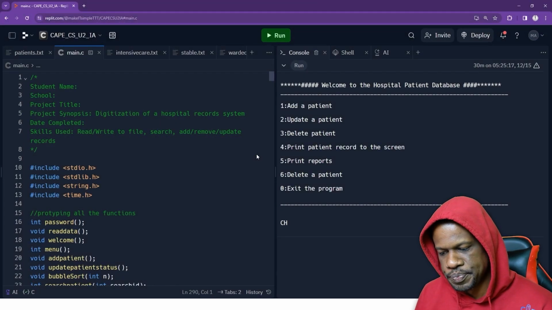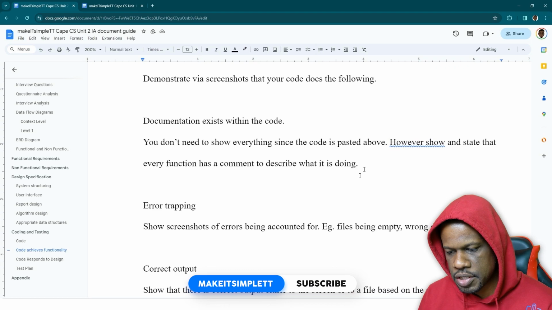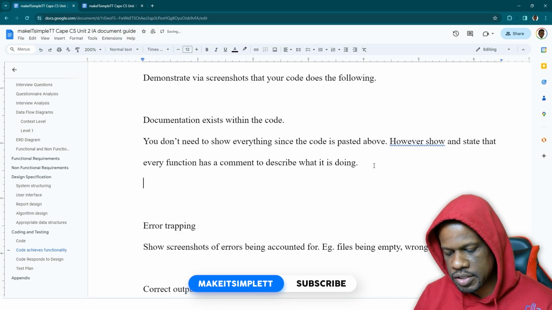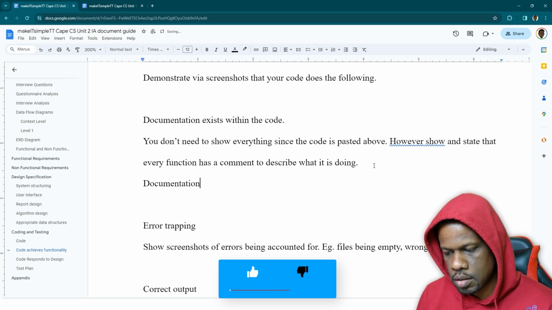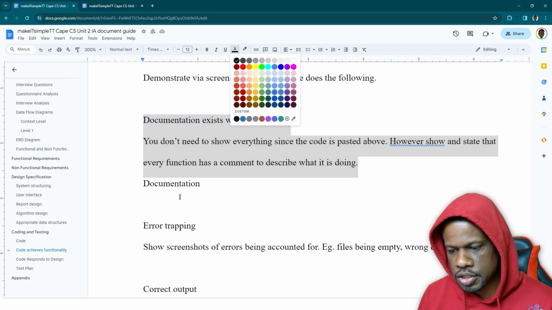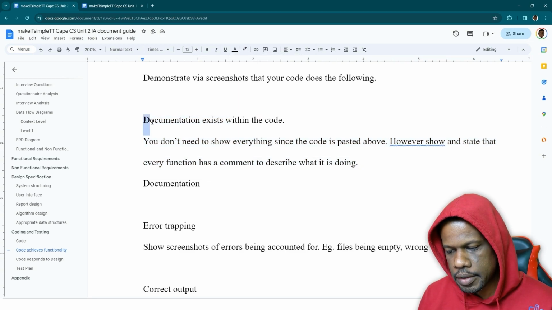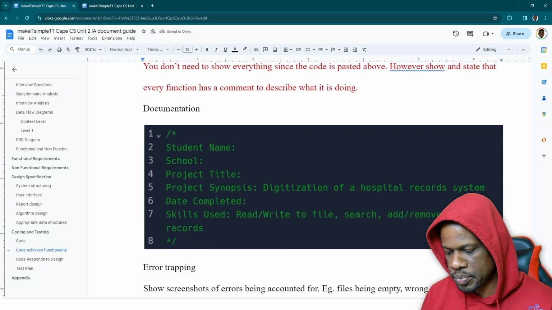Right, so that's one. Demonstrate by screenshots that your code has the following: documentation exists, right? So we're going to do the documentation exists part. We'll label this documentation. And I just have to put this part in red because this is to guide you when you are doing it. That's the documentation. Red. Cool. And I'm going to paste that screenshot now. Right, documentation. At the bottom of this, I'm going to put the words,